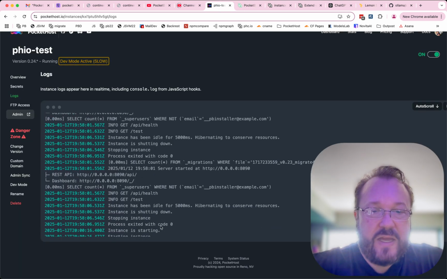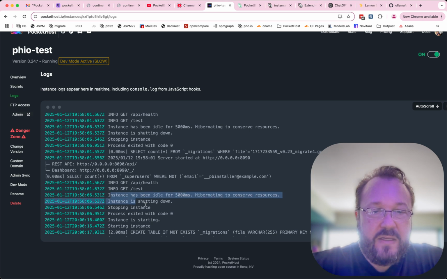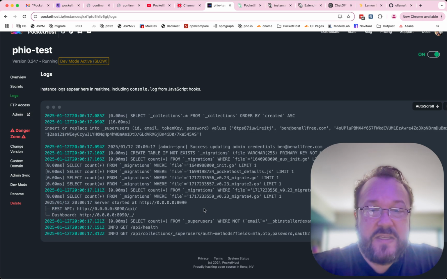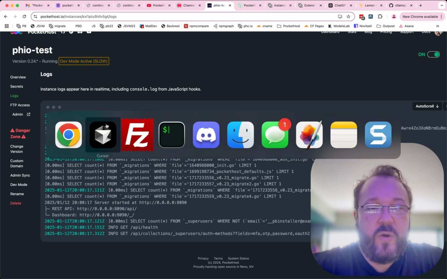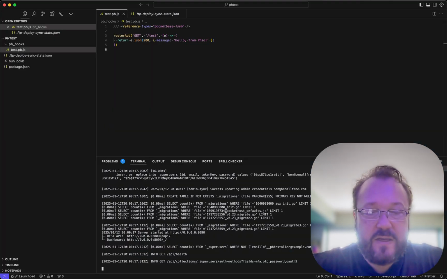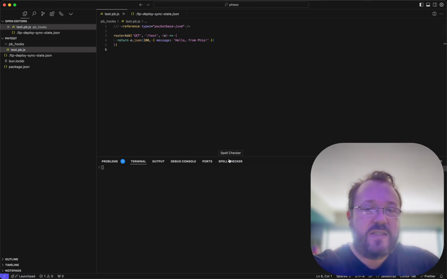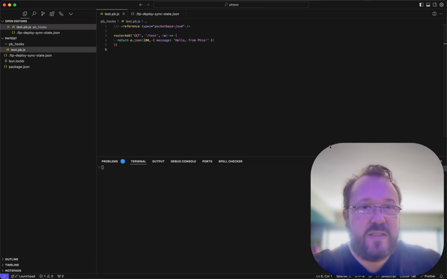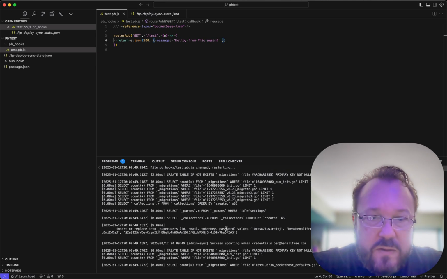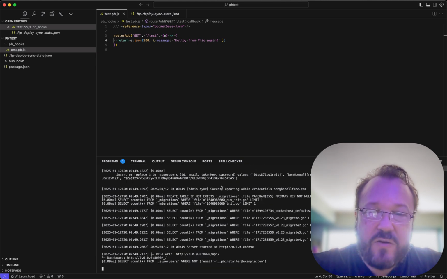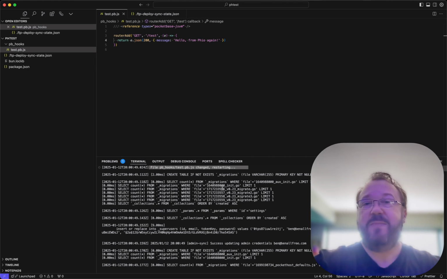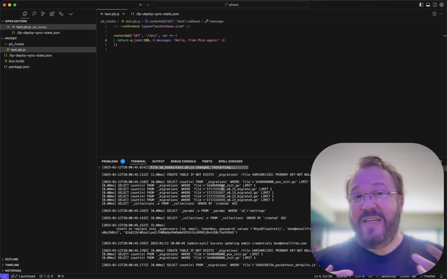Remember up here it was like instance has been idle for 5,000 milliseconds. Well, now it needs to be idle for 300,000 milliseconds. So what this will allow us to do is we can go right in here to the logs. We can change this, and you can see that after it syncs to the server, it says test PB changed restarting. So your instance will restart automatically anytime you make changes. This makes it really easy and fast to iterate with